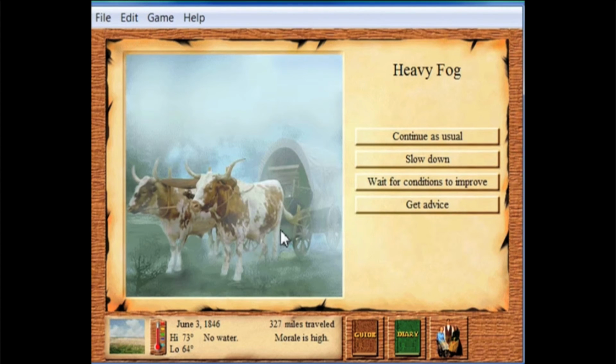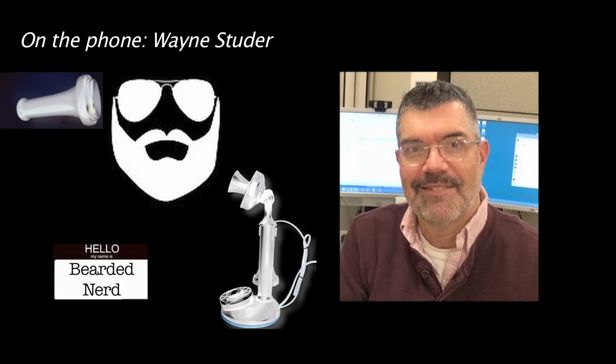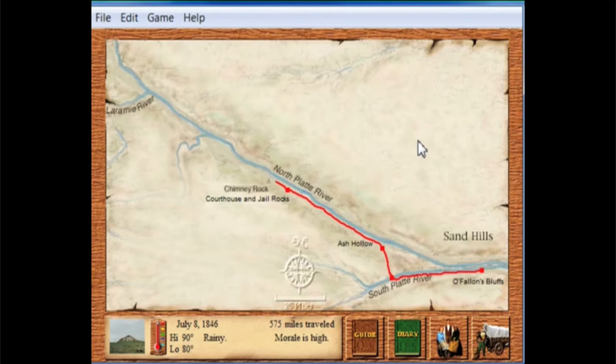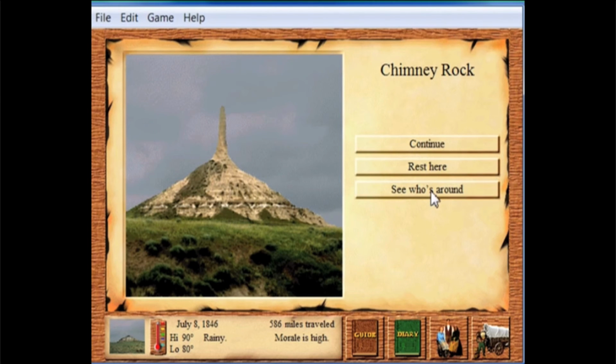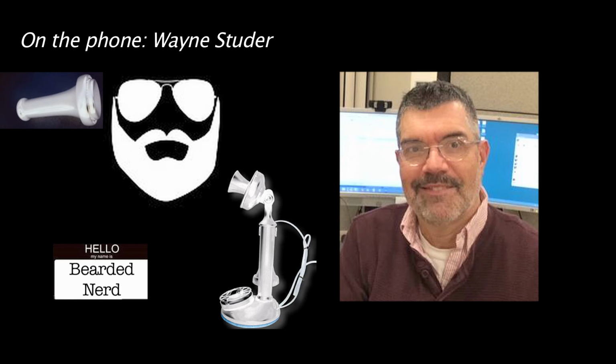Weather is kind of a hidden algorithm that runs throughout Oregon Trail 2. We actually went back and we had meteorological data for those years, and whenever there was a major occurrence, for example, if we found a trail diary where the people are at Chimney Rock on such and such day in history, and they say, "Oh, we had a terrible thunderstorm," we actually put in a terrible thunderstorm on that day at that location.